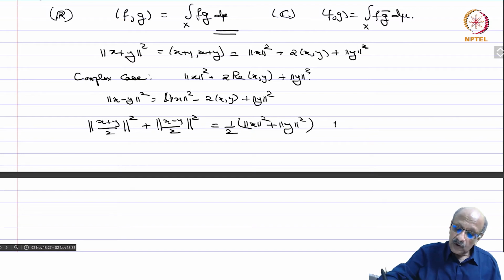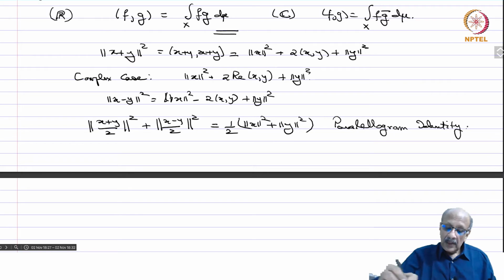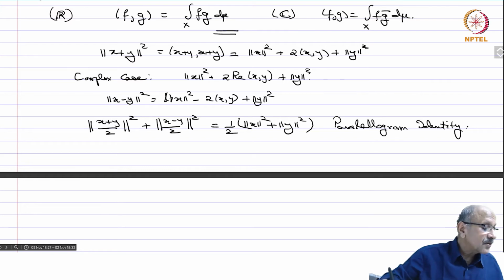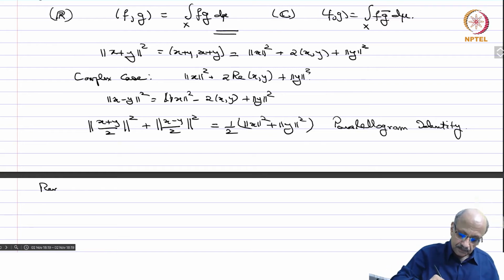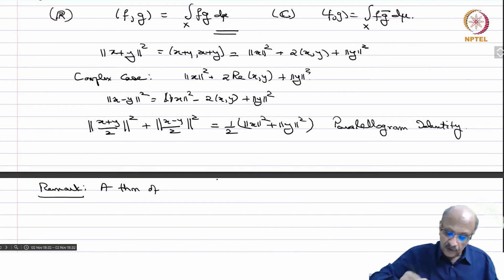So this is what is called the parallelogram identity. And this is what in two dimensions, in the plane, I called Apollonius Theorem, and we have seen this. Okay. So, a remark: a theorem of Frechet, Jordan and von Neumann